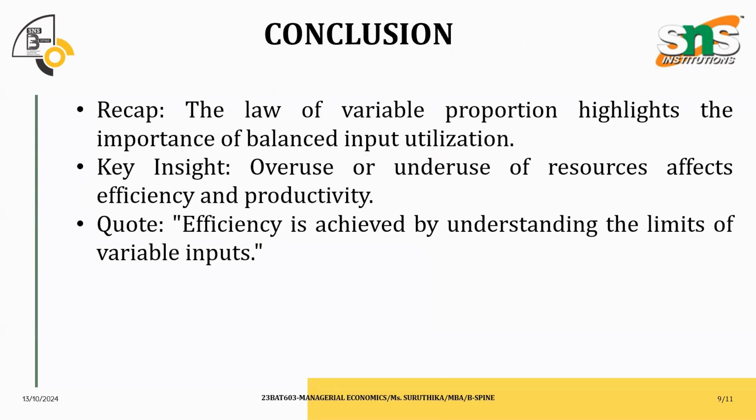So, the law of variable proportion highlights the importance of balanced input utilization. So, the key insight that we arrive at from this law is that both overuse and underuse of resources have a significant impact on efficiency and productivity. So, efficiency is achieved by understanding the limits of variable inputs. So, only when we understand how much a variable input can vary, how much a variable input can cause a positive impact to the production, we'll be able to make sure the entire production process is efficient and the economy